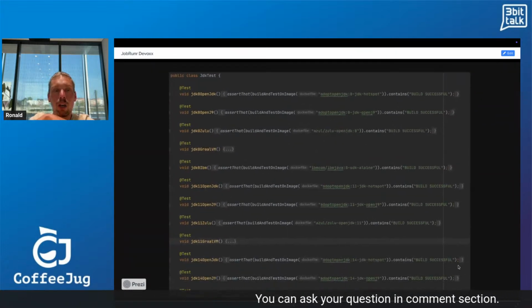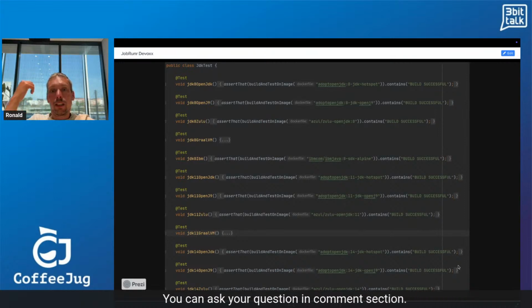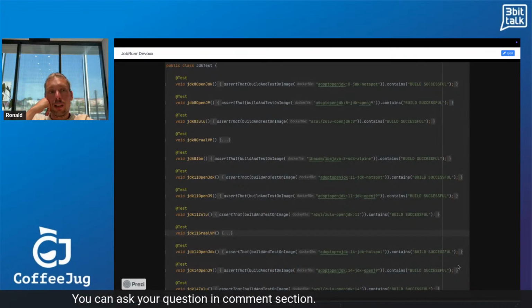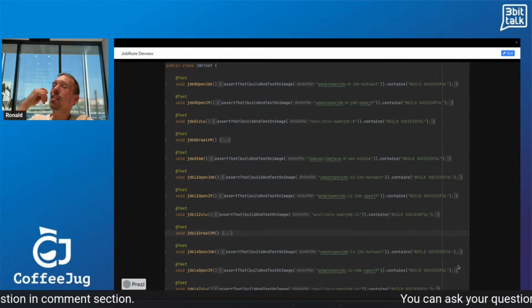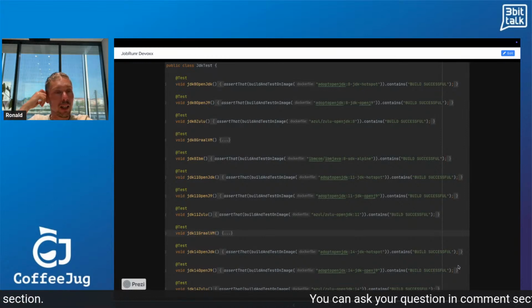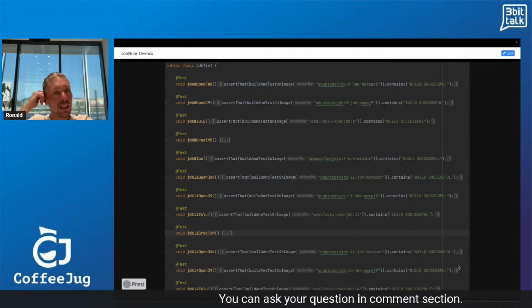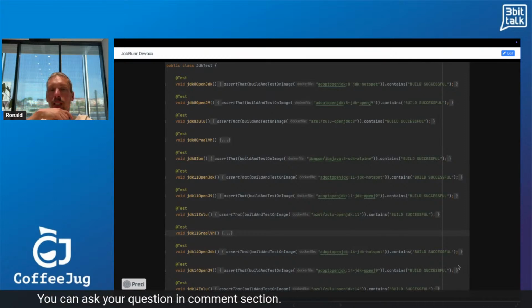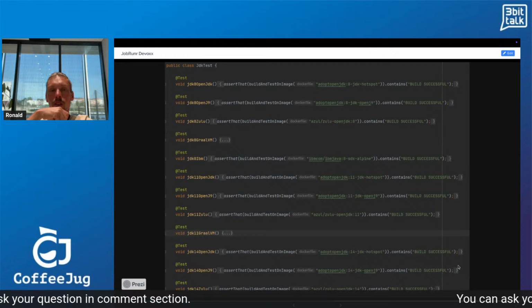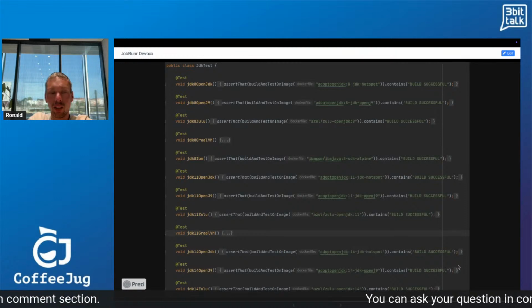And how do we do that? Well, we have this one JDK test, and this is a combination of Testcontainers, which is awesome, by the way. What we do is we take a little bit of code where we use JobRunner as a sanity check.